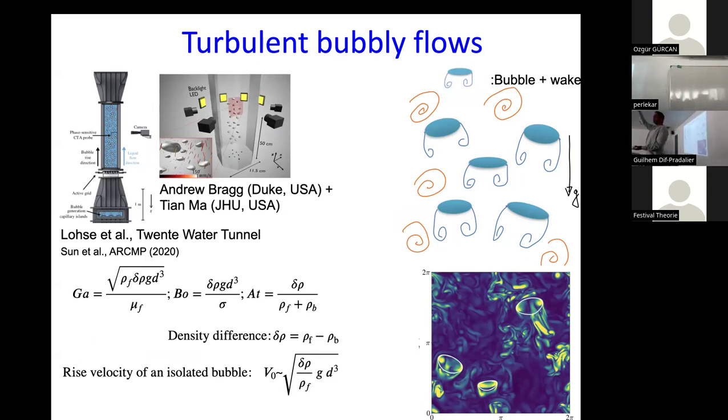And then you let the bubbles go through, right? And as the bubble goes through the system, it generates some flows. Then you have to be smart enough, which most of the experimentalists are, to put in tracer particles, track the particle trajectories, and then reconstruct the flow. And if you can reconstruct the flow, you can understand more or less everything about the system, right?